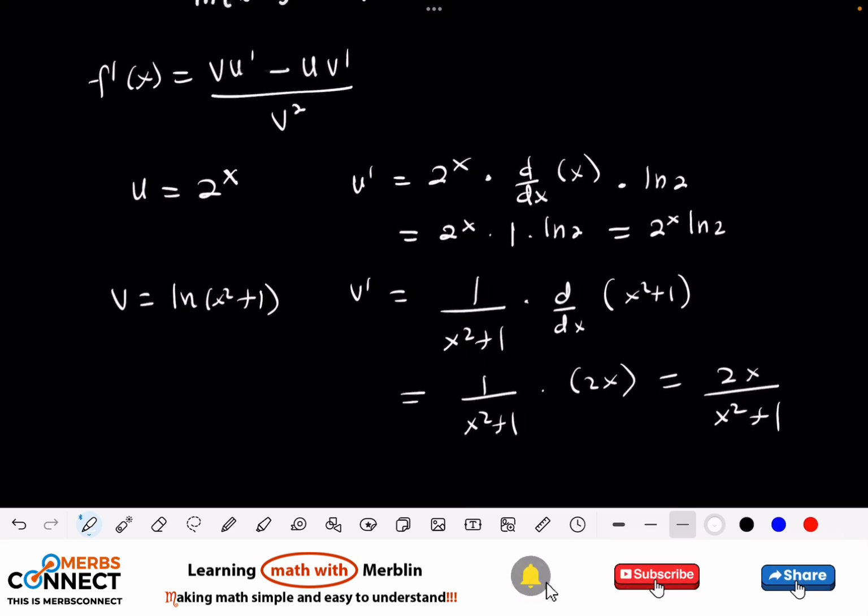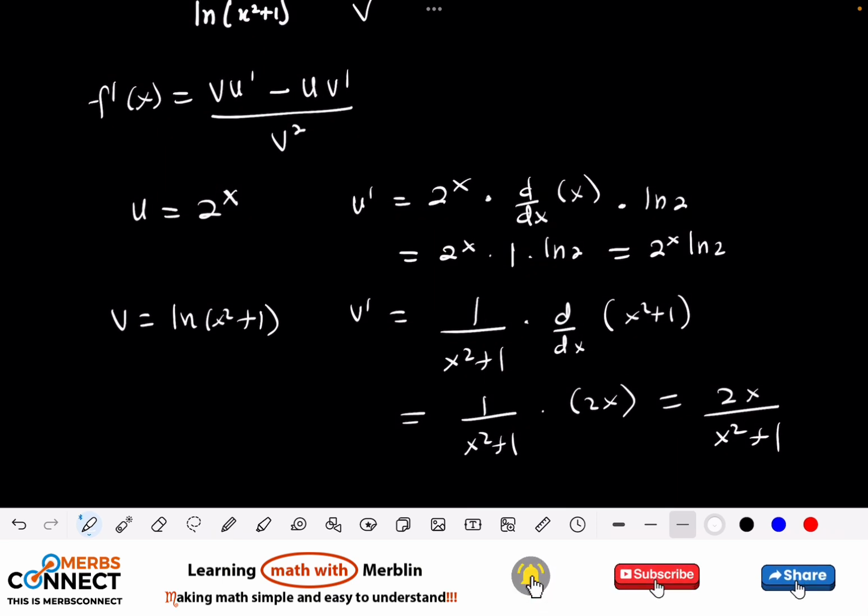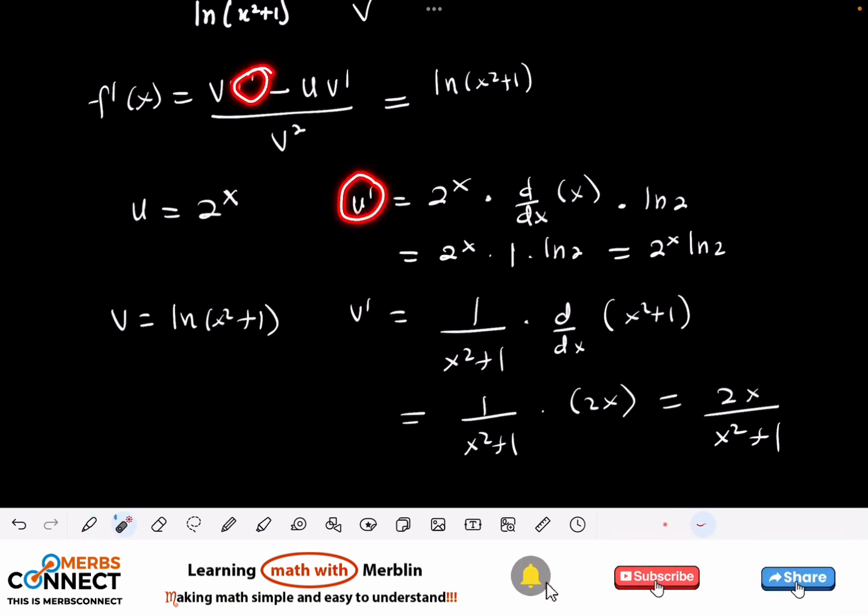So this is what we are going to get. Now what will be f prime? Let's use the formula. So we need Vn. What is Vn? Vn is here, so I'll write it down: ln of x squared plus 1, times, we need u prime. U prime is here, and we had this. So I'll multiply it by